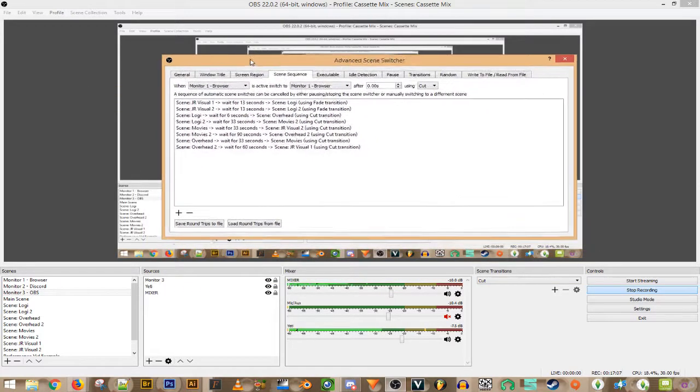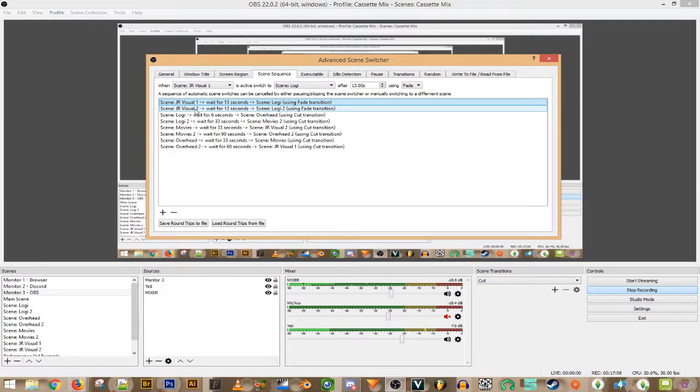And here is all the different scene scenarios I have set up. Alright, so what I'll do is I'll go ahead and show you how I set up one of these. What this says is, when, let's say, scene monitor 2 Discord is active, switch to scene, let's say, OBS,